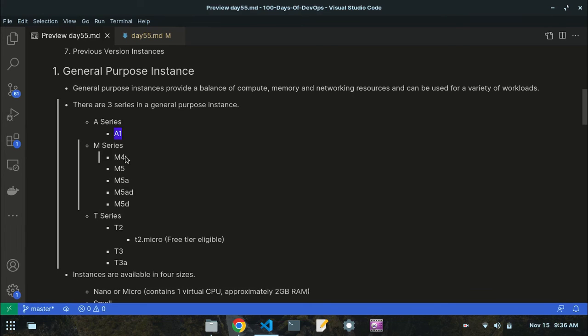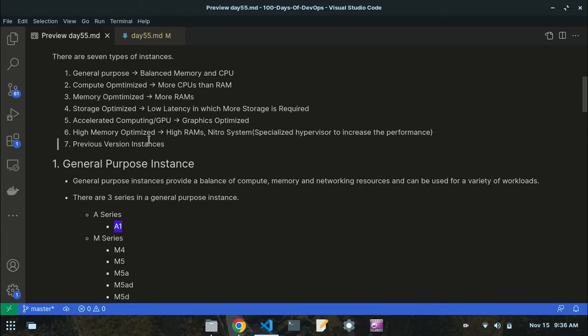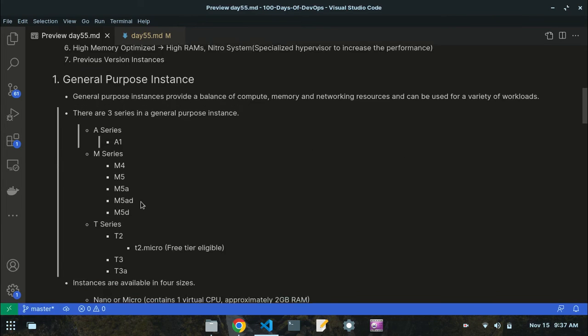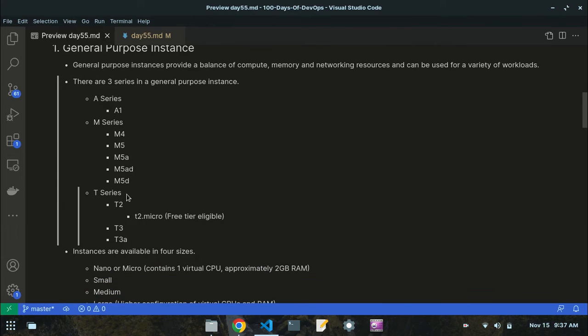And the M3 was the previous version that was put in this previous version instances category. And the third type of general purpose instances is T series: T2, T3, and T3A.